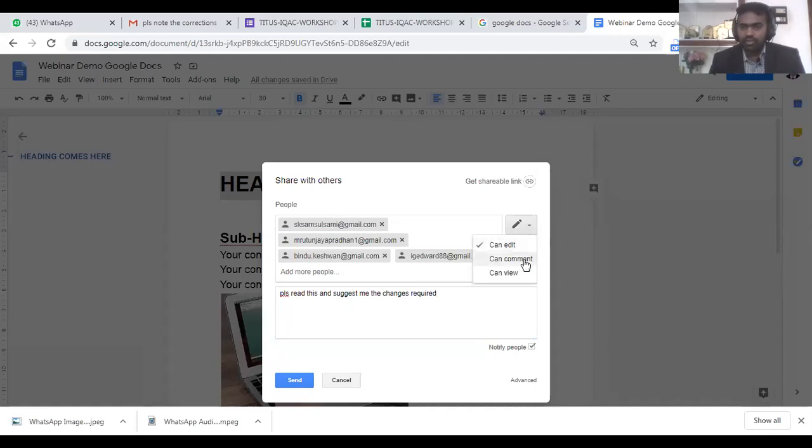Okay, like here I have the option with those people with whom I am sharing this: can edit, can comment, or can just view. If you are sharing a note to your students through Google Docs, you can simply grant permission to view only, because they just need to read this and learn it. Or if you are sending for someone to get suggestions, you don't want them to edit it, okay, then you can click comment.